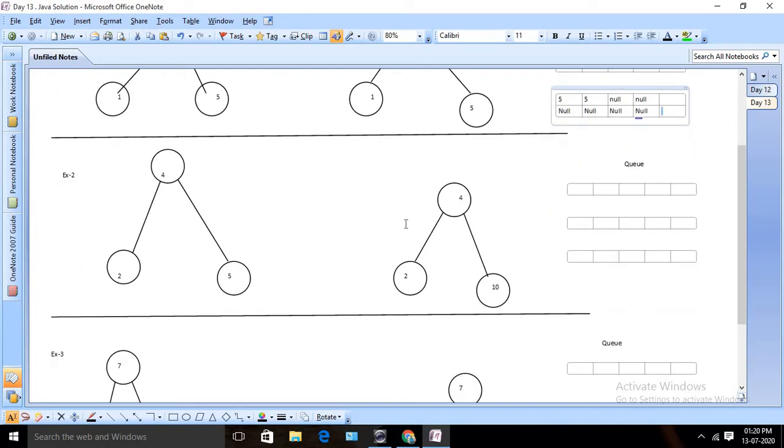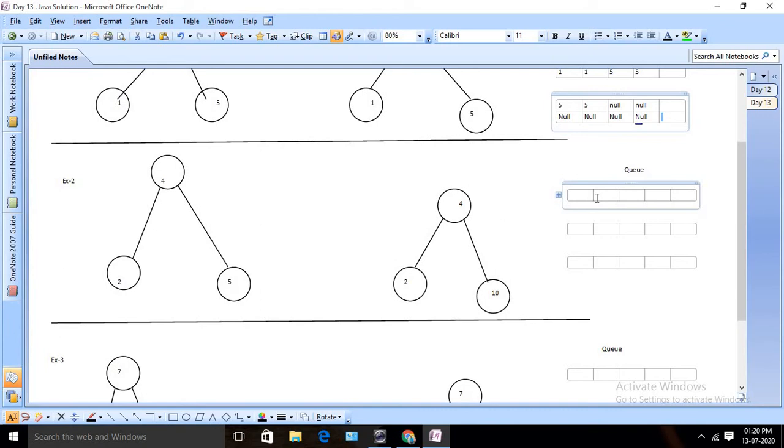Similarly, basically what we are doing is using one data structure called a queue. In that queue I am going to store both nodes and compare them, right? Similarly for this one, at first I will insert 4, then I will insert 4 again for both of the roots, then I am going to pop or remove those from the queue, then I am going to insert here, like this, 2 and 2, then it should be 5 and 10.